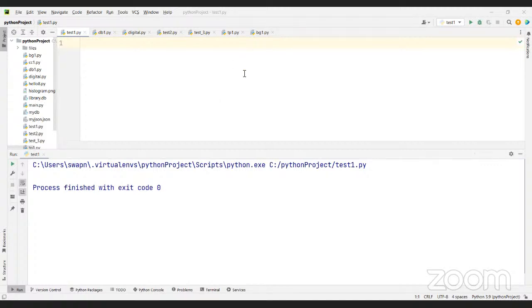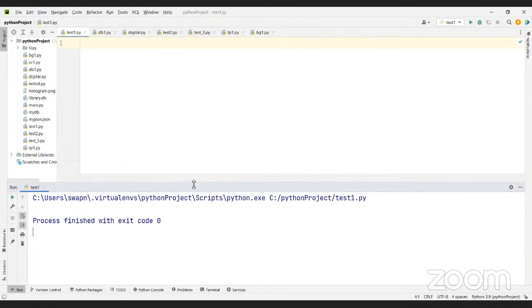Okay, everyone, we'll get started. Very good evening. So yesterday we started talking about conditions, right? How do we execute a certain line of code? If you remember what we did was we had